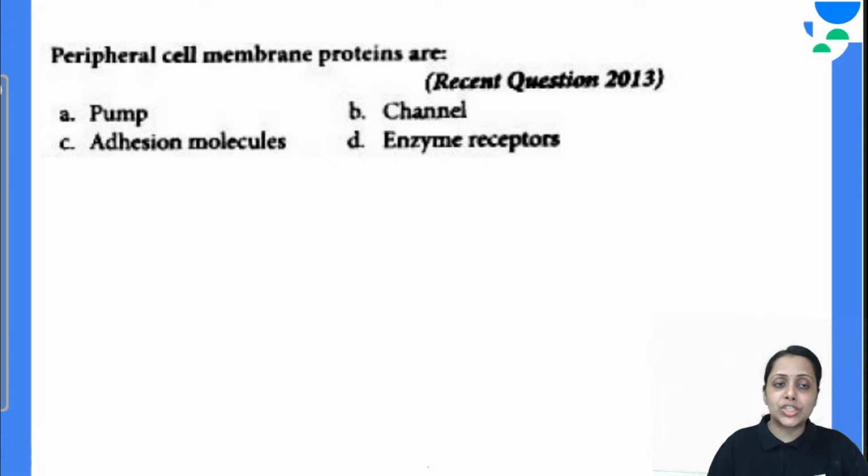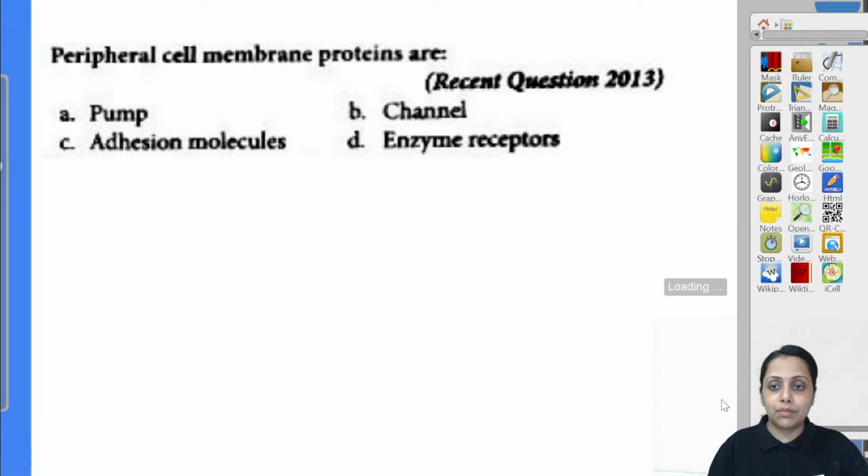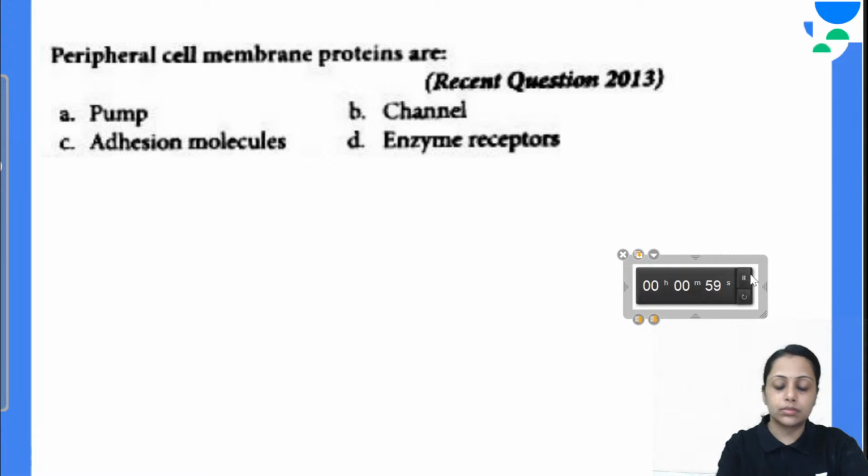Peripheral cell membrane proteins are pump, channel, adhesion molecule, or the enzyme receptor. Peripheral cell membrane proteins are